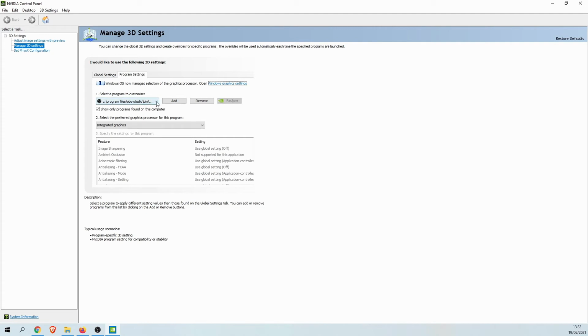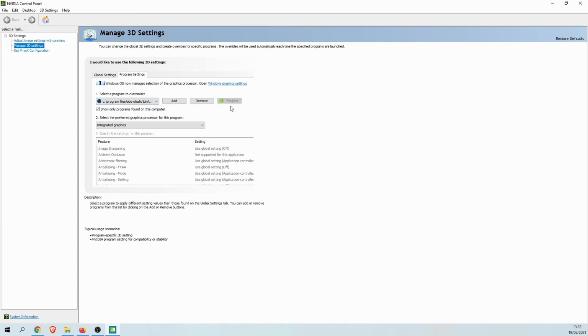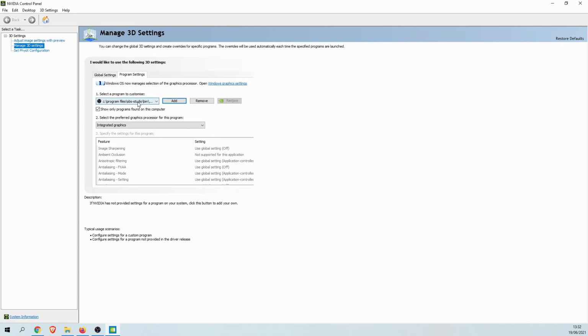Then what you have to do is find OBS Studio on the list. In some cases it might not be present, so you can find the program manually by clicking Add, and you can find the program here on the list, or you can just find the executable file manually. So when you have chosen OBS Studio from the first list, the only thing you have to do is just to select integrated graphics